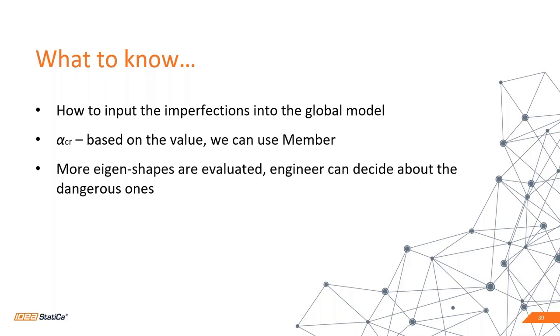When the value is quite high, maybe the engineer decides that he doesn't need to check the buckling issues. But for the lower values of the critical factor, it would be good to analyze it in a more detailed way. And now he can go to IDEA StatiCa Member and model it there and get more detailed information about the eigenshapes, and the engineer can decide which shape is the dangerous one,